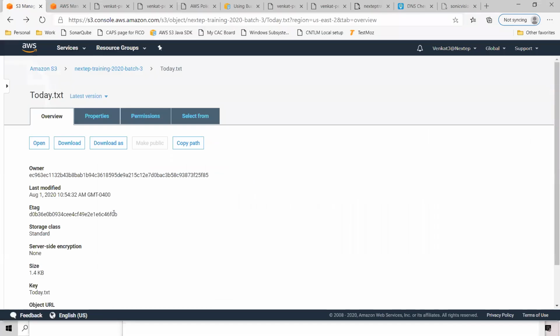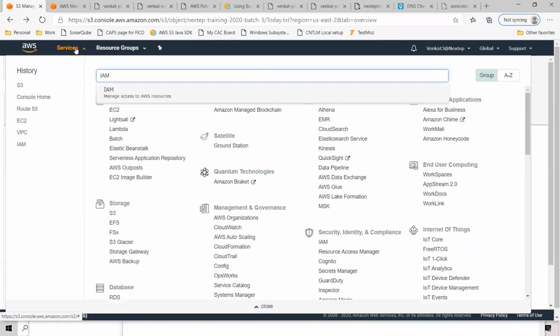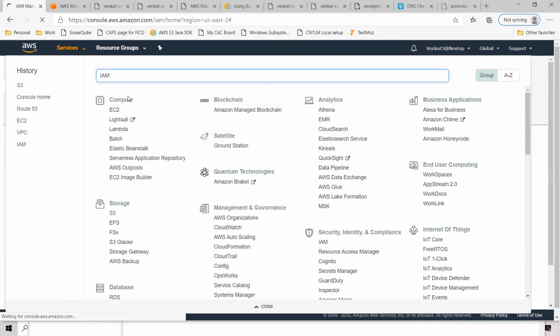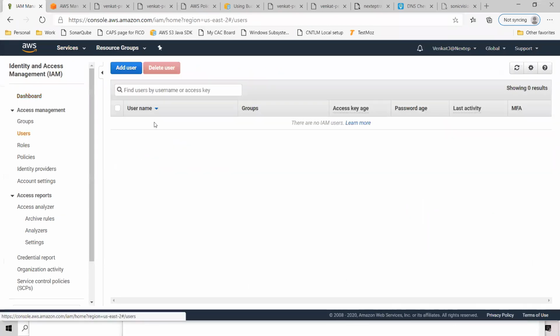Well, without delay, let's go to services and search for IAM, Identity and Access Management. I do not have any users at this point. Click on users.